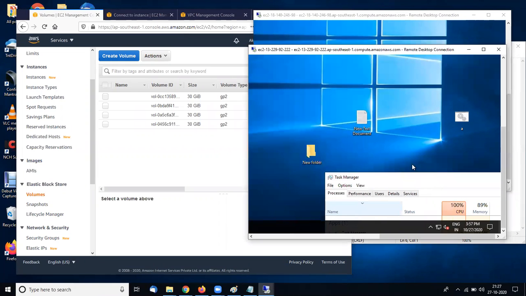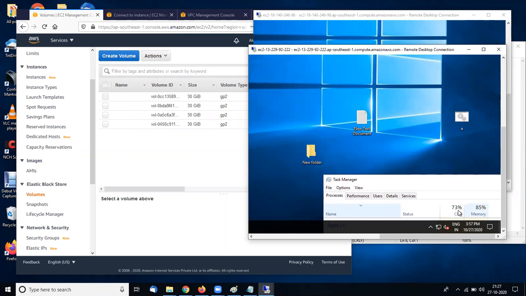So let's see. I hit it from one server and the load is transferred to another server, like here, some CPU is utilized from my request.